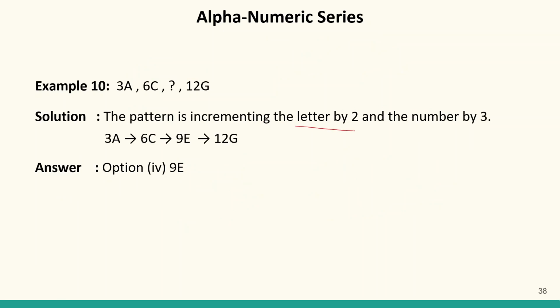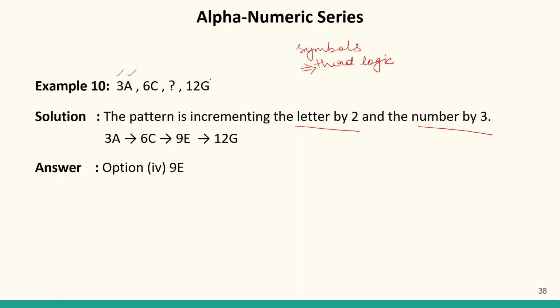Yeah. So the letters are being increased by 2 and the numbers are being increased by 3. So this is also something where 2 different logics are being followed, for numbers and for alphabets. And if symbols are also included, there could be a third logic that is being followed for symbols as well. So while solving these questions, you have to make sure that you find out the logic that is being followed throughout the series. The same logic could apply, like the numbers are increasing by 3 and the alphabets are also increasing by 3, or it could be different logic,